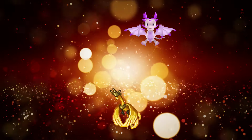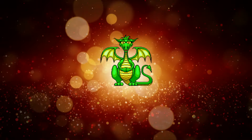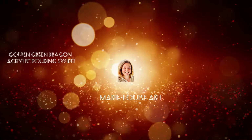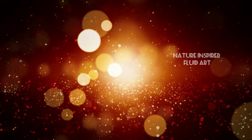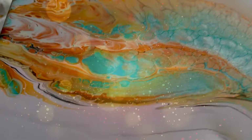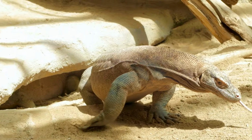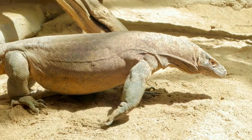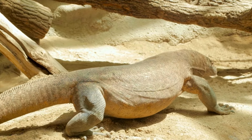That was a quick glimpse of my little abstract dragon inspired fluid art painting today, and we're combining science and fantasy. So my inspiration was a little Komodo dragon from the island of Komodo, and I wanted to have a look at his scales and use him as inspiration for this painting. So you can just see this little chap here. He's from Indonesia, and one of the islands that they have is called Komodo because they have these little dragon